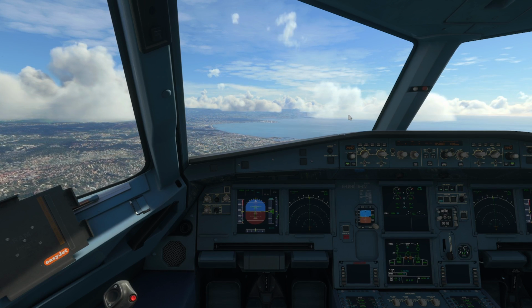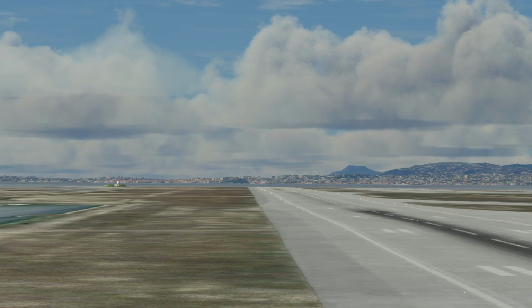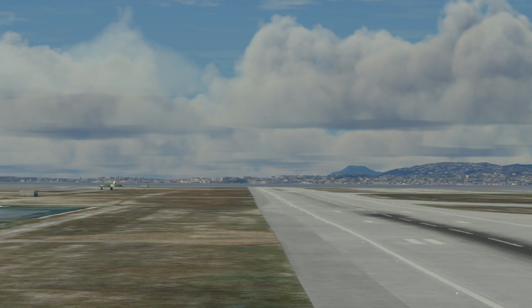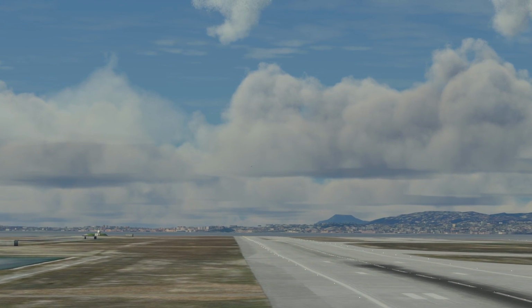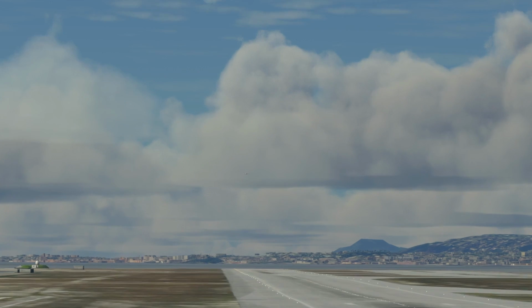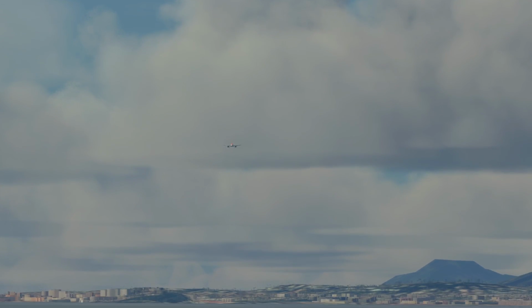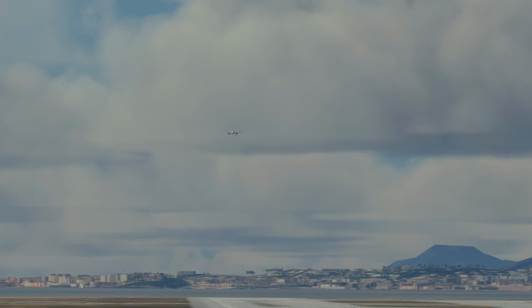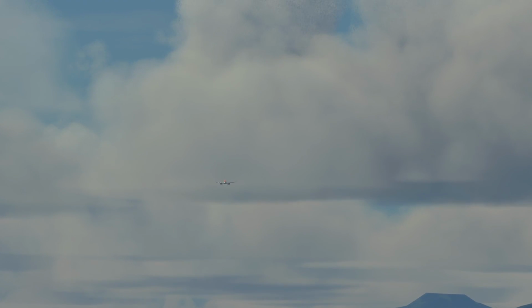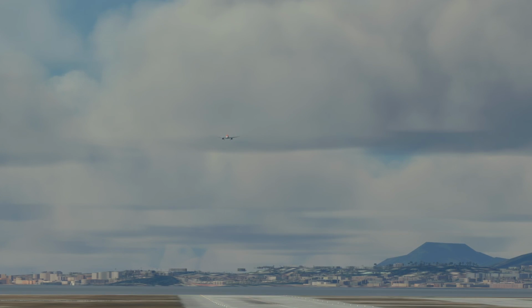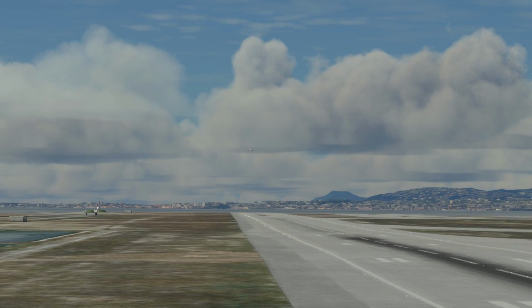So this method is only working with the A310T, the Boeing 787, the 747, and I'm not sure about the A310, and maybe with a lot of other aircraft. I've not tested it with other aircraft.